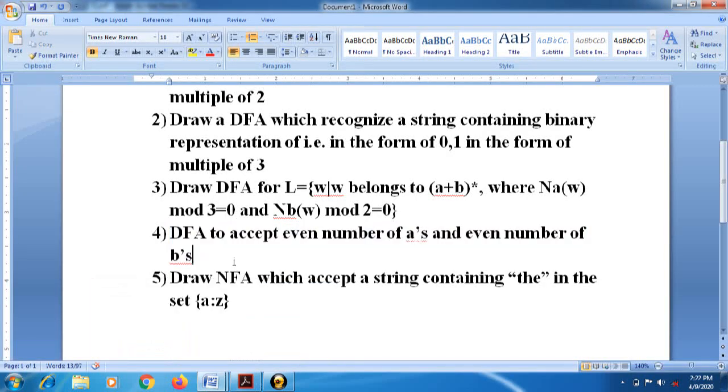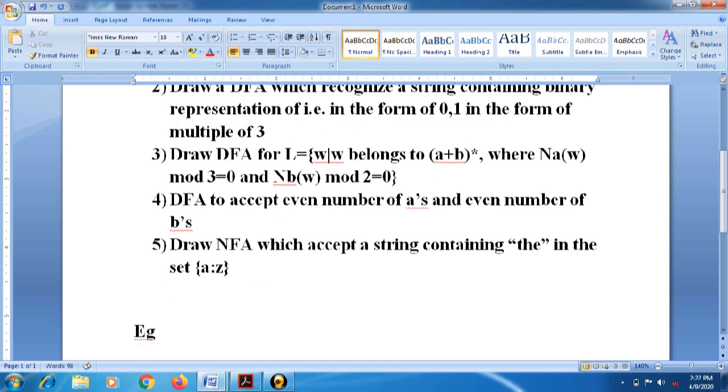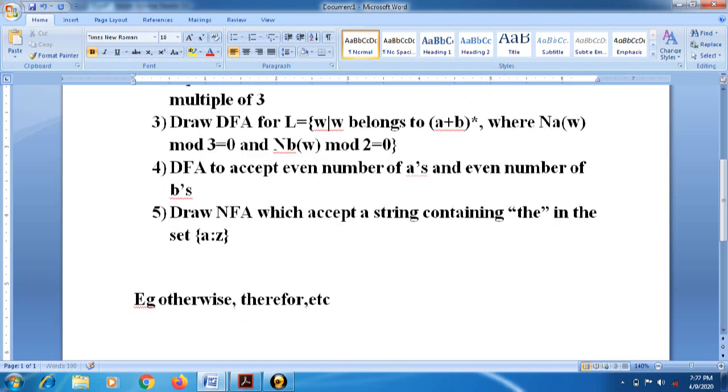Then the last example is: draw an NFA which accepts a string containing THE as an intermediate string out of A to Z. A to Z are nothing but letters, so we have to divide our examples in the form of letters. In that example, there are different possibilities. For example, otherwise this string may come under this category, then therefore is also there. So these are a few examples for the strings containing